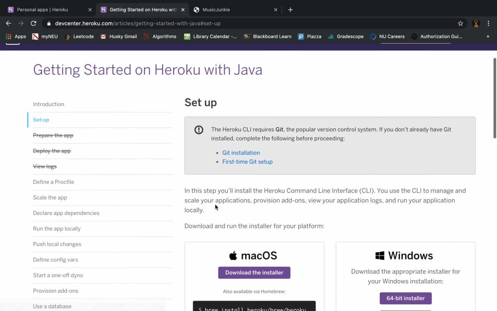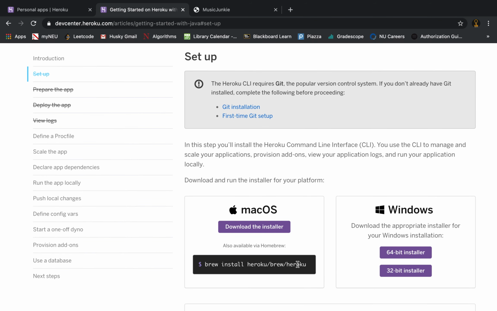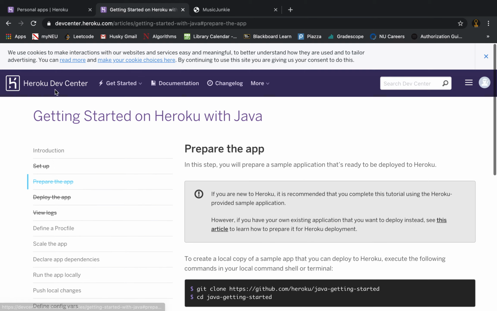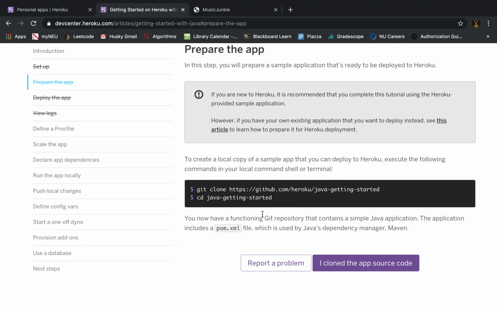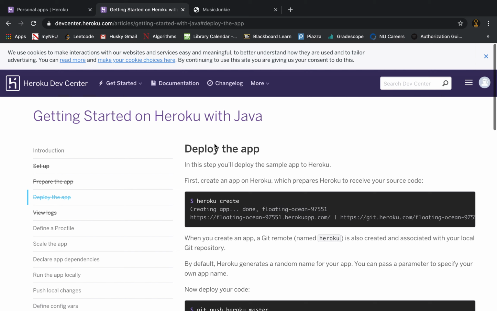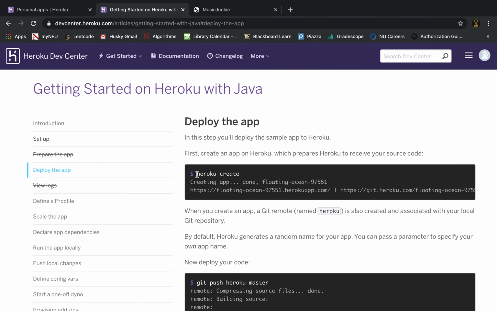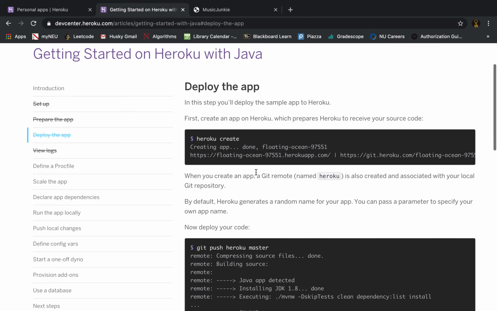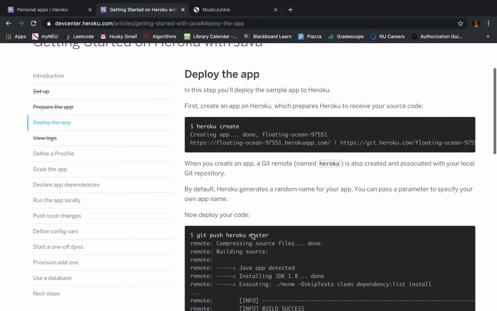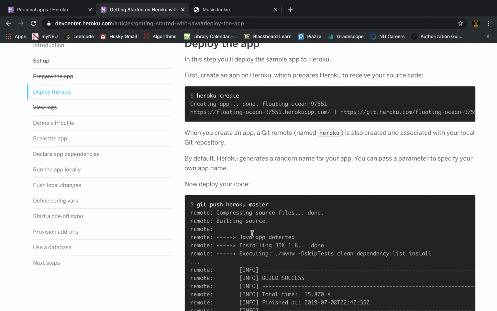To start with, for the setup, we ran the brew install heroku command, which installed the Heroku CLI. Then we just cloned our GitHub repository. And for deploying the app, we have to use the command heroku create. After heroku create, if we give some name over here, then our application will be created with a distinct name. And when we need to deploy our actual application on Heroku, we have to use the command git push